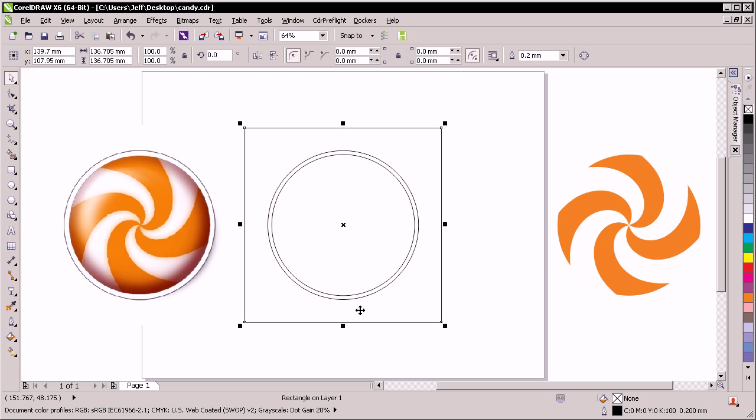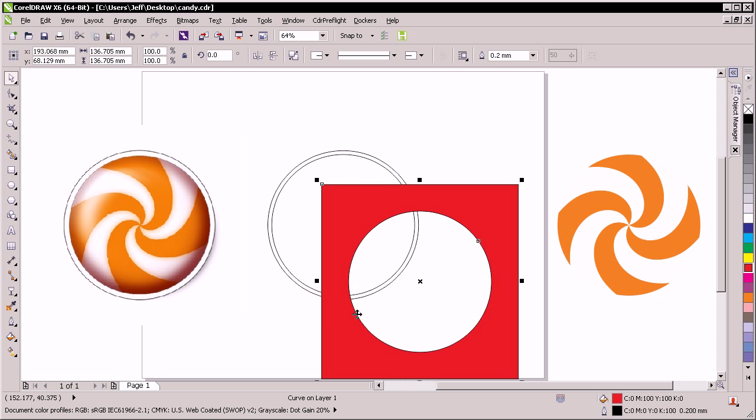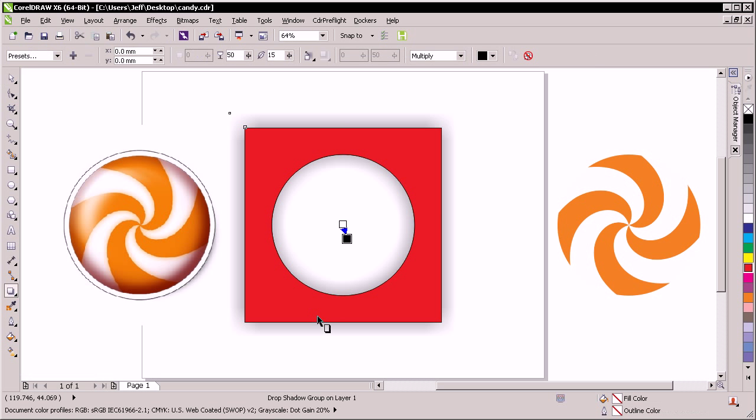Press P, paste in that one circle I had duplicated, combine it with this square, pressing Control L. And what that did is it made a shape for me that looks like this. Okay, and what I'll be doing with that is putting a drop shadow on that by going to our effects tools here. Go to drop shadow, drag it out from the middle, and so it's made a little drop shadow